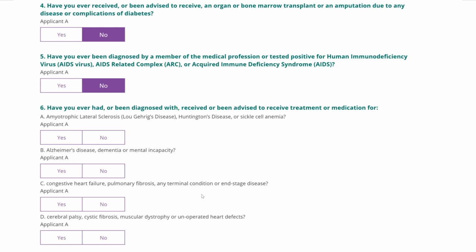Pretty obvious here. If they have HIV or AIDS, they're not going to qualify. You can write them guaranteed issue, or you could write them the Mutual of Omaha accidental death program. Let's see. Have you ever been diagnosed to receive or been advised to receive treatment for a medical condition